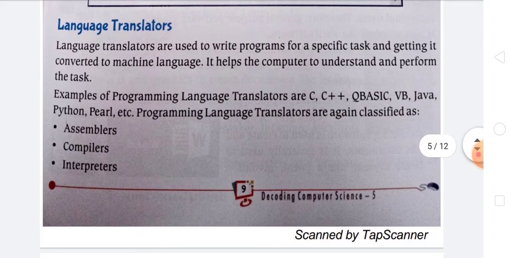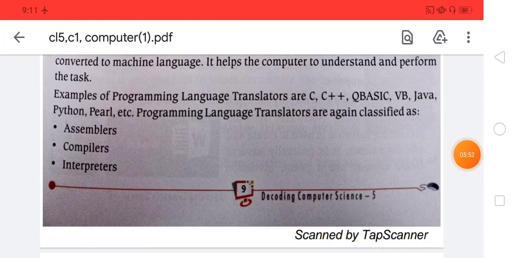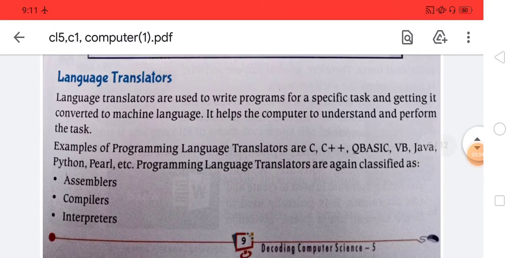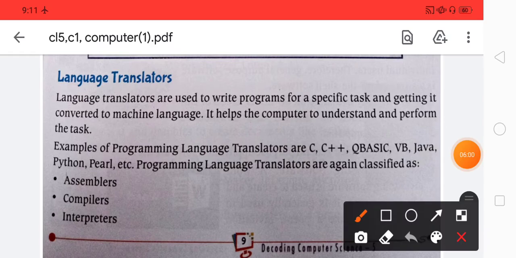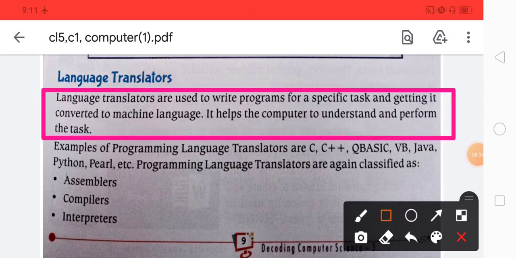Then we can see language translator. Language translators are used to get programs written in a specific language converted to machine language.